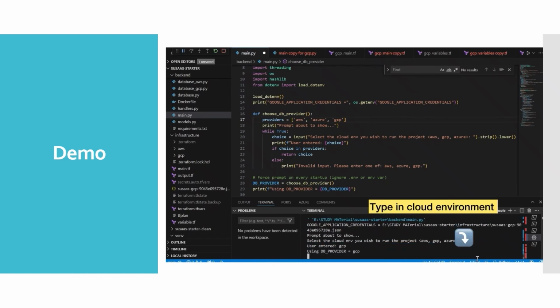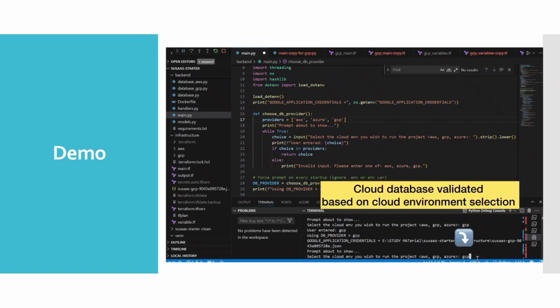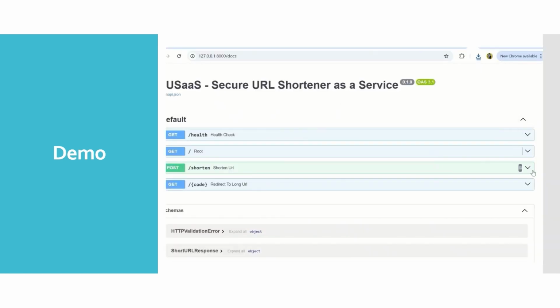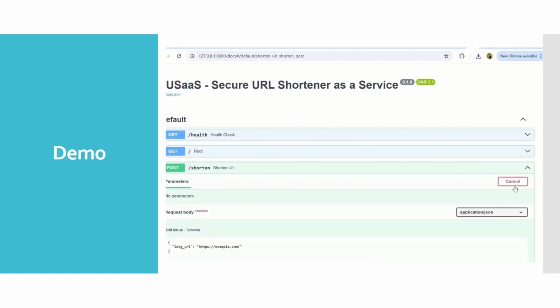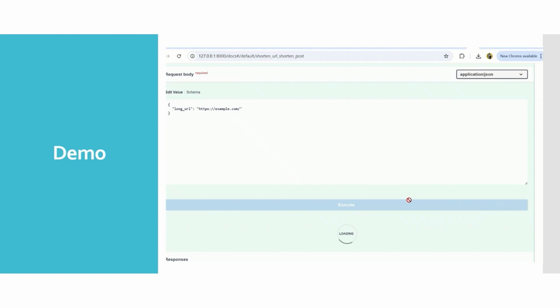Last but not least, moving ahead with the GCP testing, I have typed in GCP and made an interactive selection of database. As GCP uses a helper function and a special shortener URL function, it checks the health and root endpoints. Post that, it opens the Swagger UI page where we can test shortener URL endpoints by using the special GCP native